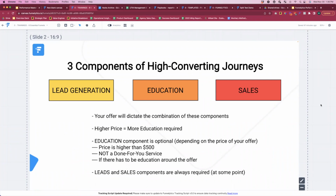So for example, if you have a higher priced offer, it will require more education. Chances are you will need an education funnel as part of your journey. The education component is optional though. It depends on the price of your offer. So anything that is priced usually $500 or more will require some sort of education component, an education funnel associated